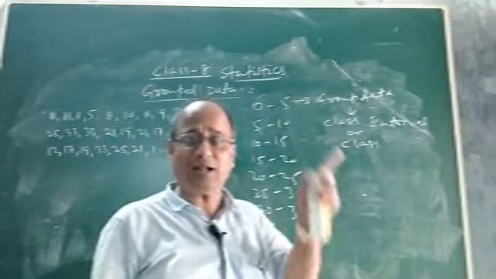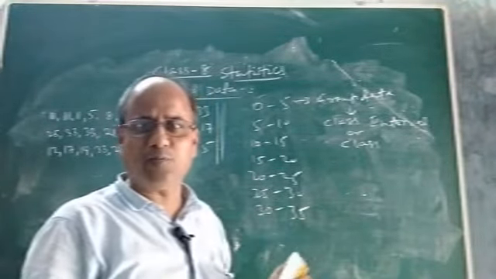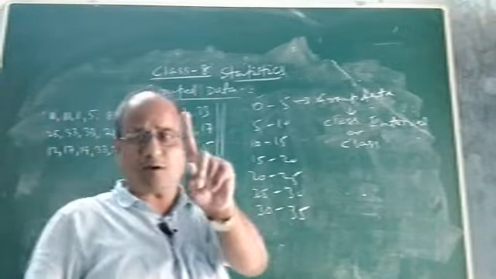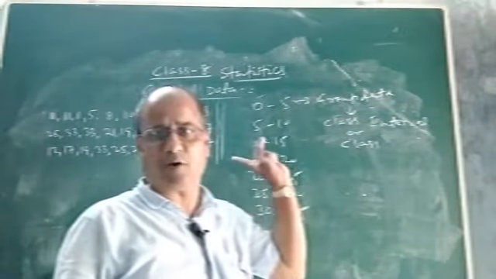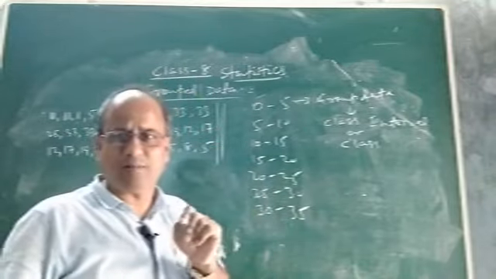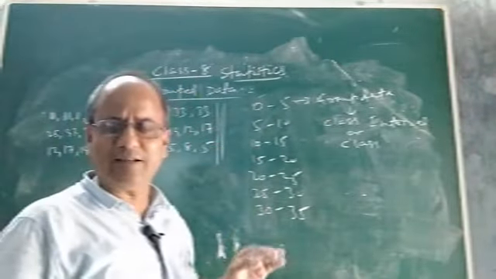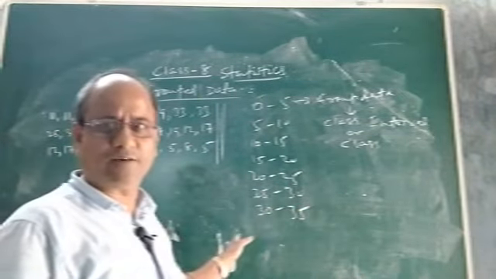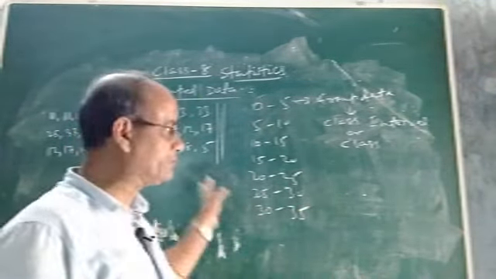And once the group data is formed, you can ask me, sir, how did you form this? This is very simple. I saw that the minimum of the observation is 1. The minimum rainfall that has occurred in the city is 1 millimeter, and the maximum is 33. There is a process also, I will tell you later. Of course, it is not given in the class 8 syllabus, but I will tell you.